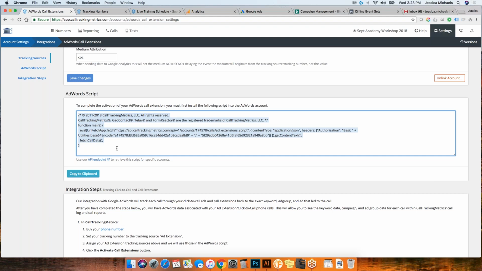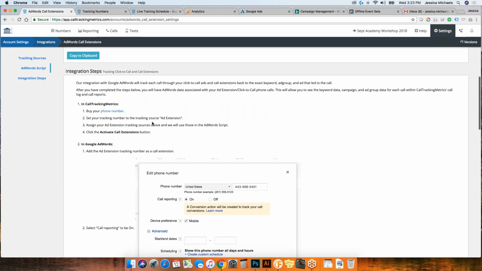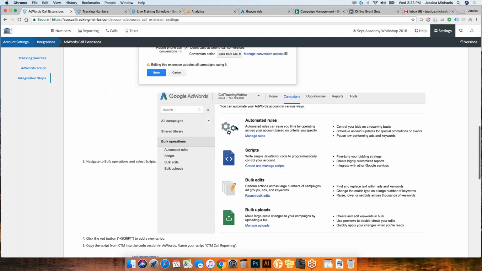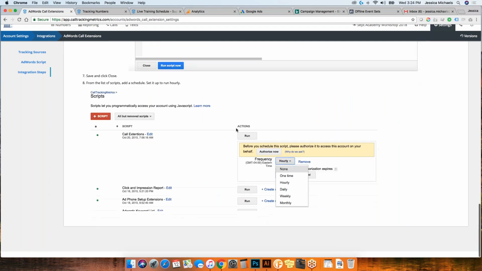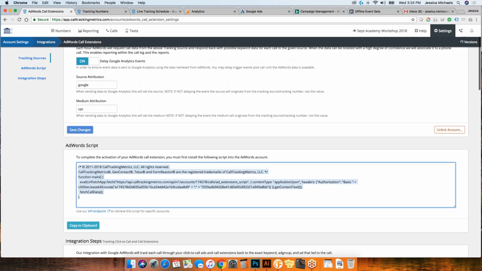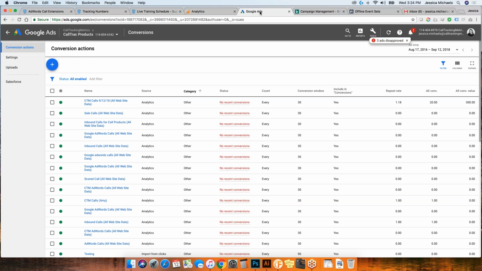So because we don't have our tracking code on the page because it's never visited, we're going to actually install a script inside of AdWords and then ping AdWords to try to get the attribution. So we are going to cover how to do this, but if you wanted to review it again afterwards, we do have step-by-step instructions here on how to do that as well. So let's hop over to our Google Ads.